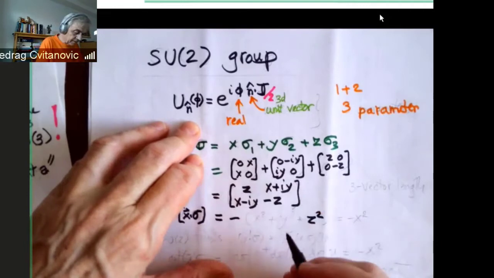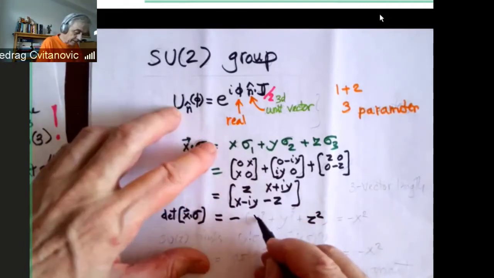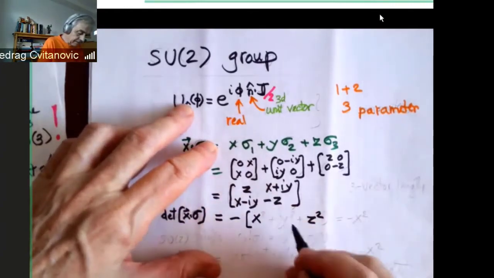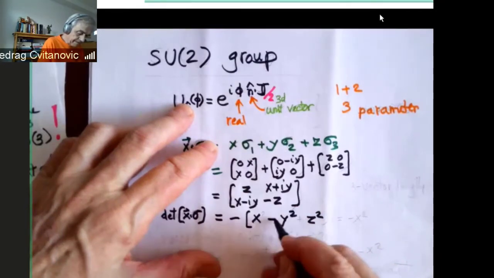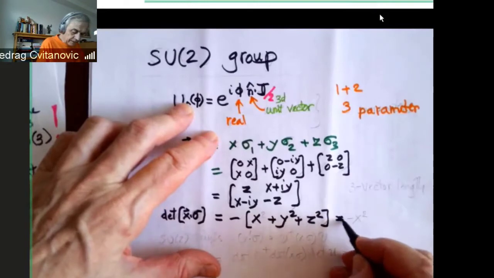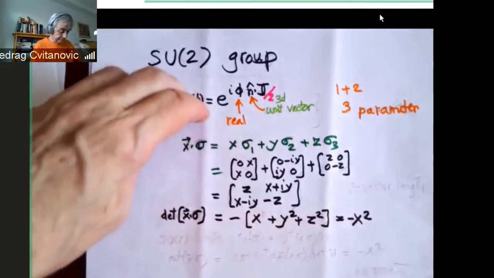Off the diagonal, I get x squared with a minus sign, and this guy just becomes y squared. So it turns out that this determinant